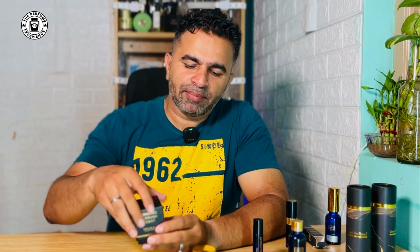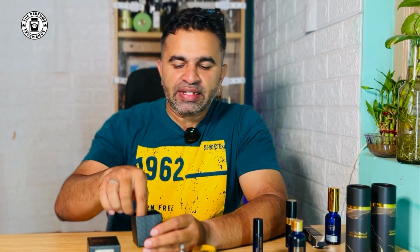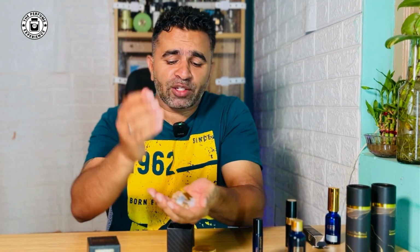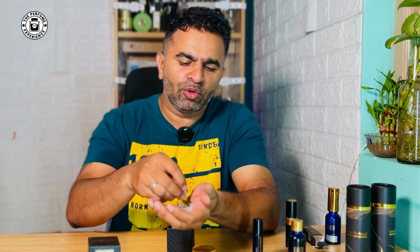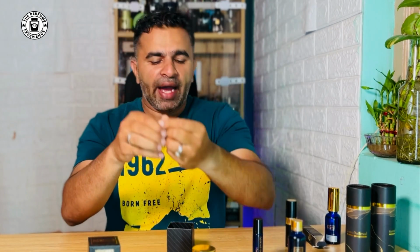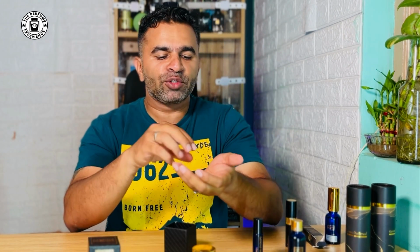Right now, they also sent me this box of samples, which is basically fragrance oil samples. There were about 5, and I enjoyed them a lot as well because the quality is pretty good, and they give you a decent amount of sample to try. I think this is about 2 ml, so to say. And among the 5, 2 that really stood out for me was